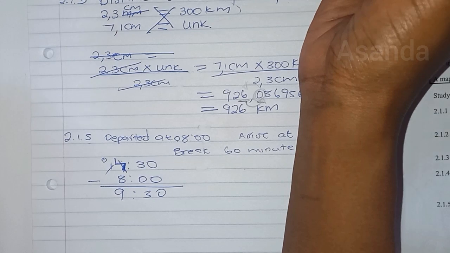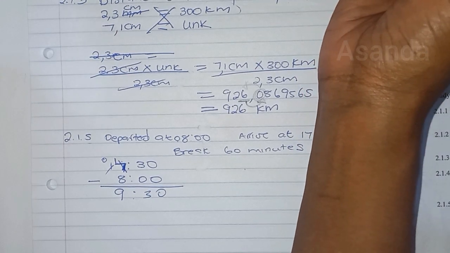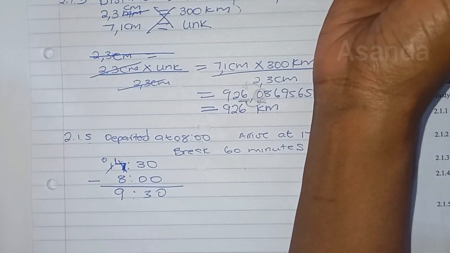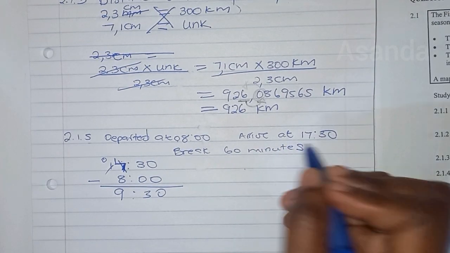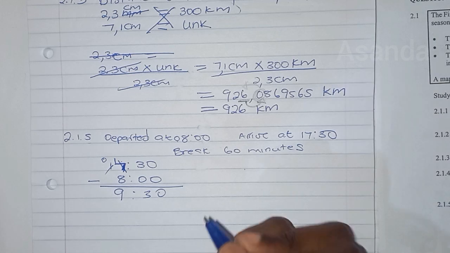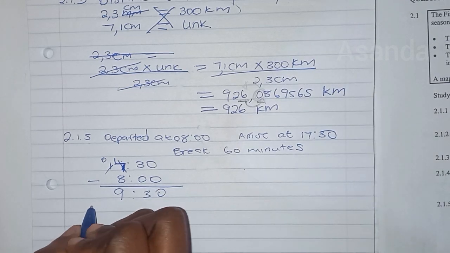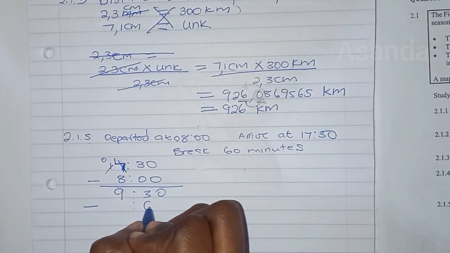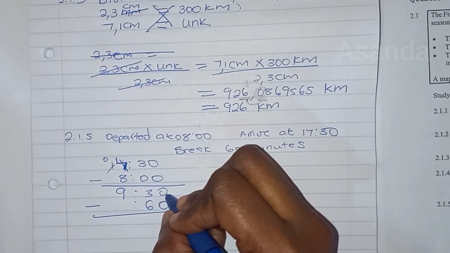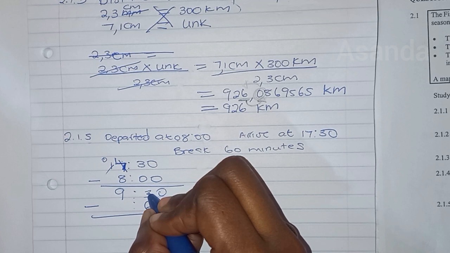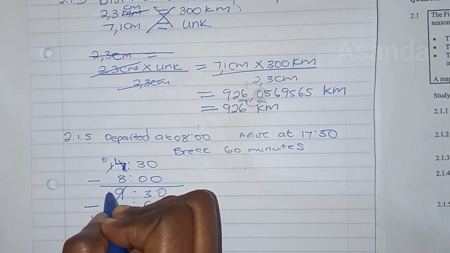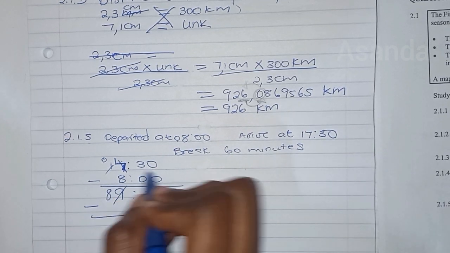Now, they are not driving for 9 hours and 30 minutes, because for 1 hour, the 60 minutes, they are braking. So we have to minus the 60 minutes. So 0 minus 0 is 0. Now we can't minus 6 from 3, so I'm just going to borrow there, and we're going to be left with 8,